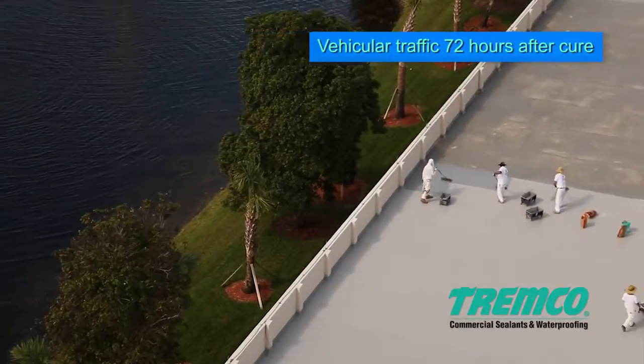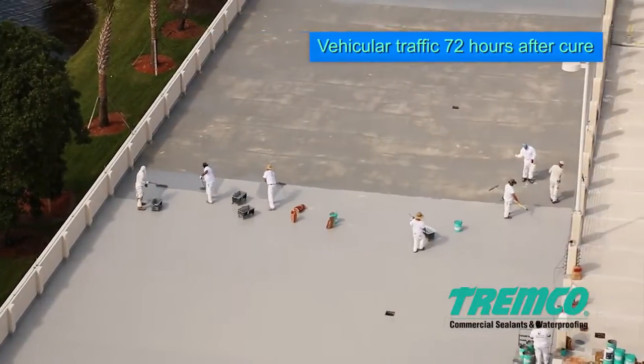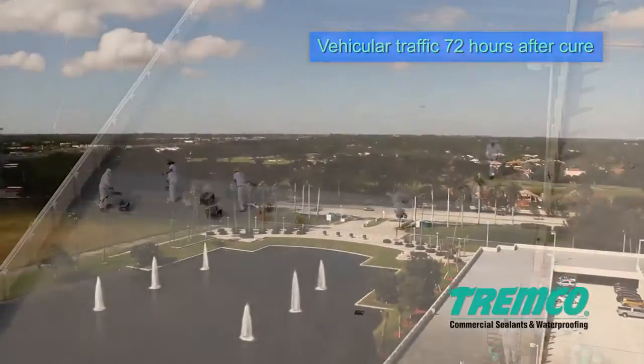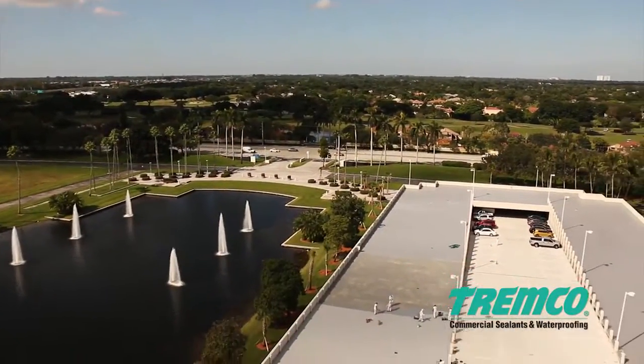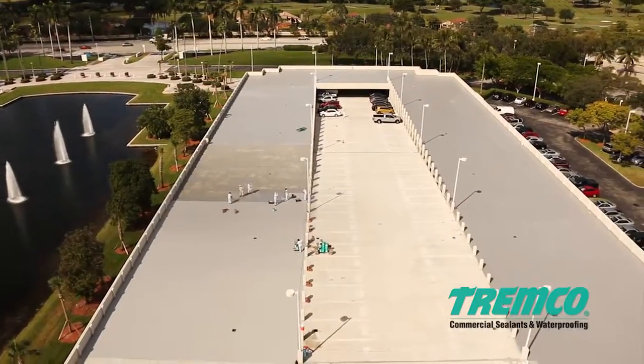Tremco recommends a minimum of 72 hours after the final top coat has cured before allowing vehicular traffic on the deck. For complete application instructions, including cleanup tips, alternate methods, and common industry application issues, please visit our website at